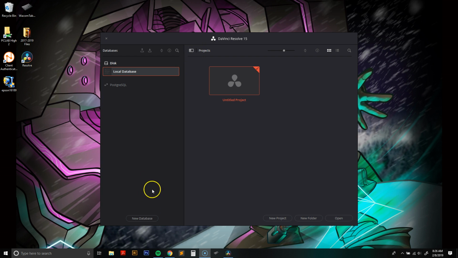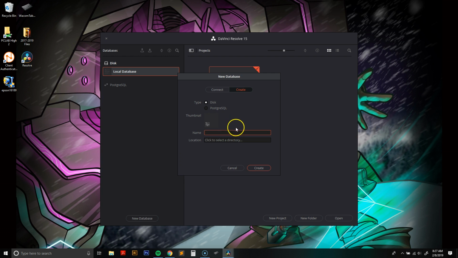And the way that we do that is we go down to New Database, click it, and instead of Connect, we're going to select Create. Make sure that it is selected on Disk. You could change the thumbnail if you want, but it's not necessary. And whatever you do decide to name it, it's all going to be one word, no spaces. So I'm just going to call mine My Projects. If you wanted to be more specific for yours, you could use your name, so maybe that's better. Let's just say your name